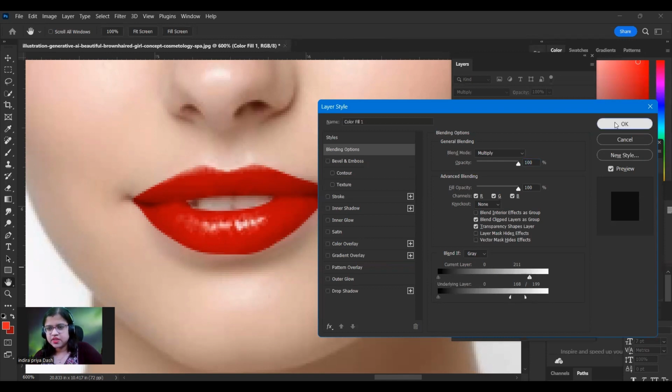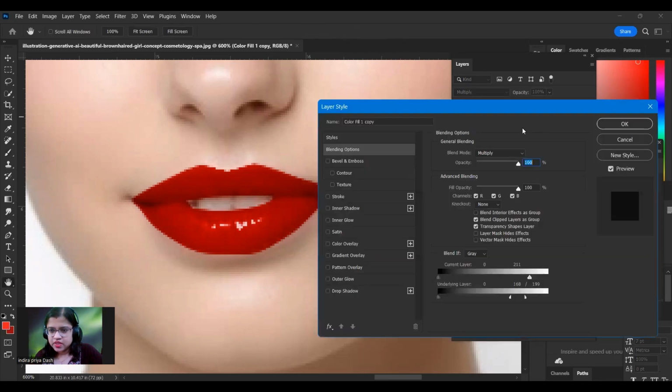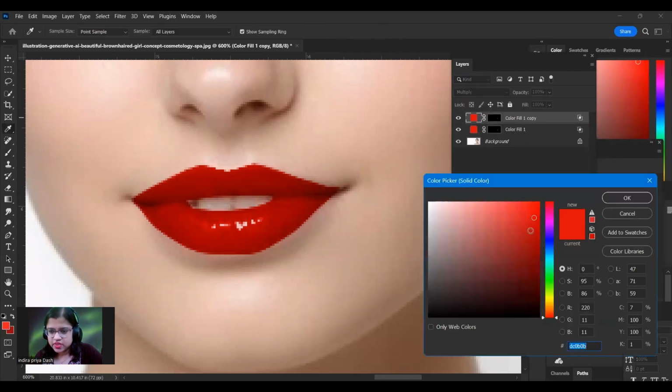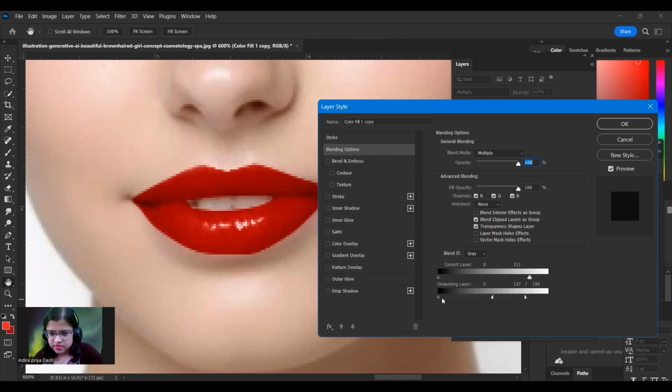So like this you can create mid tones, like highlights and shadows। So मैं क्या करूँगी, इसको थोड़ा डुप्लीकेट करके और थोड़ा यहाँ पे मैंने कलर चेंज करके थोड़ा सा, so again I am adjusting this one। So guys, you can try this, I hope you like it।